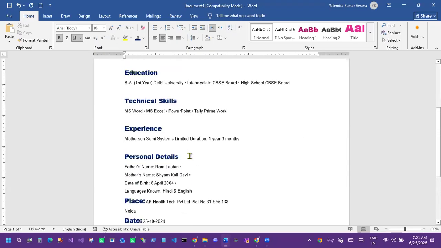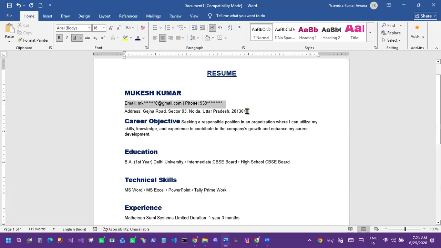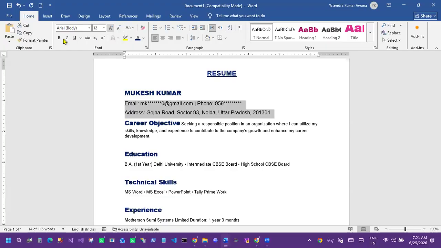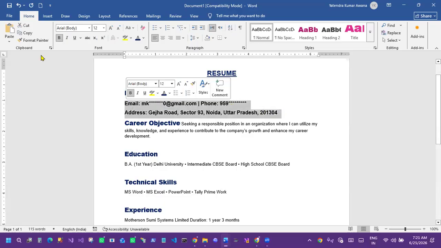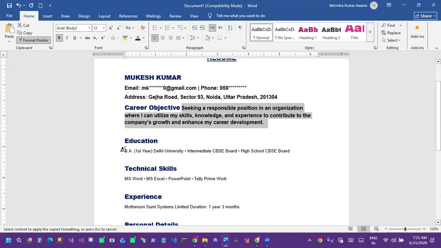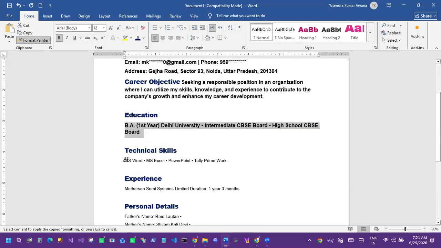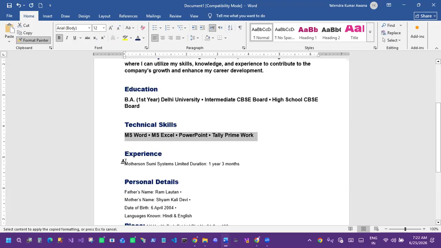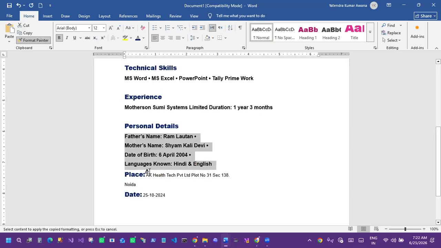Got it? Now come here, select this one, give the size something like that. Then make it bold, right? And this thing I want to apply everywhere. So I will select this one. I will click Format Painter. Then I will come here and use this one like that, like that, like that. If we get stuck anywhere, then we will do undo to go back.